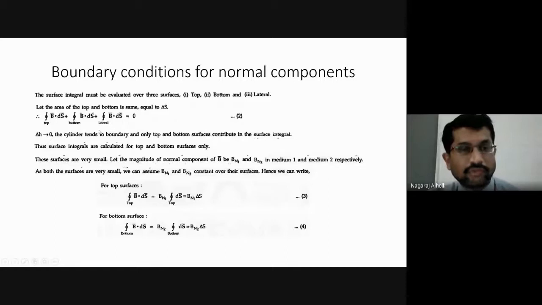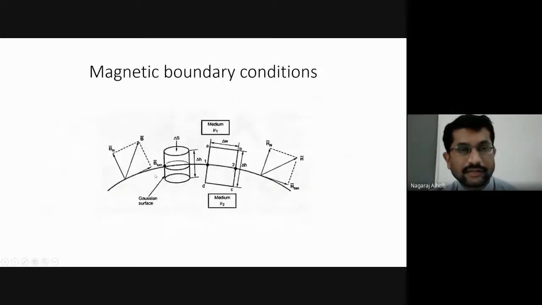Here, if we want to evaluate these two integrals, then we are considering the boundary condition, where we are considering the normal component of the magnetic flux density at the boundary, is it not? We are considering the normal component of the magnetic flux density at the boundary surface, correct? So when we are considering the boundary surface, what happens to the height delta H? What will be the condition for delta H or delta H by 2?